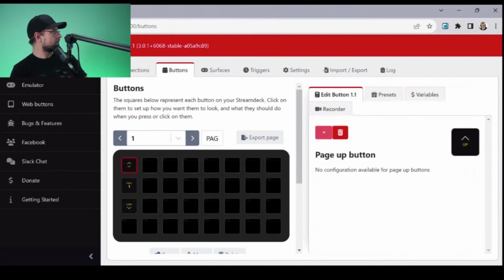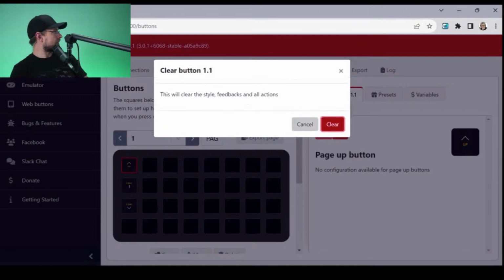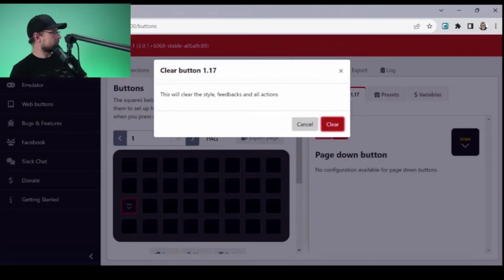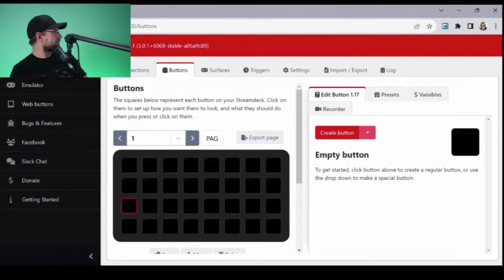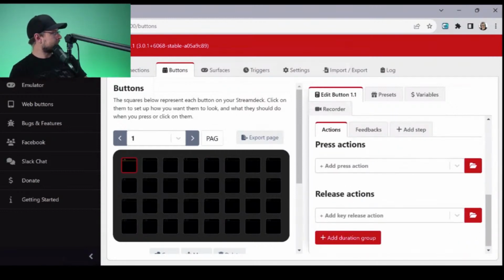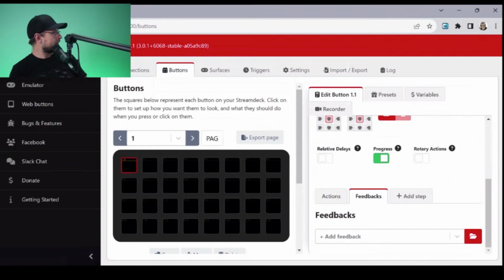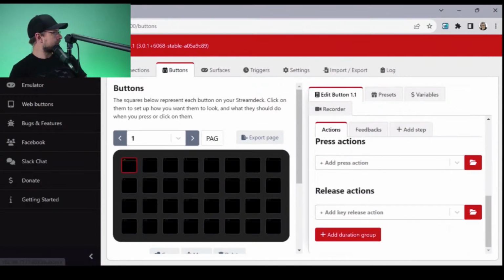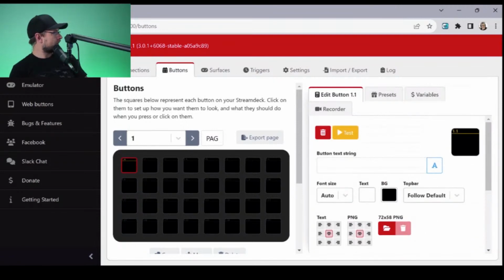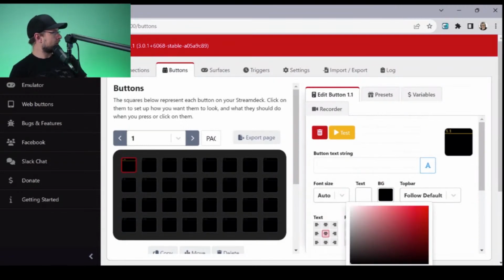So, I'm actually going to delete these two because I don't need these button indicators, any of that. I don't need pages. That's not how this is going to work. So I wish there was a way, maybe I could say regular button, and then I could say feedback, and I could say actions maybe. No, feedback. I just want to light it up.